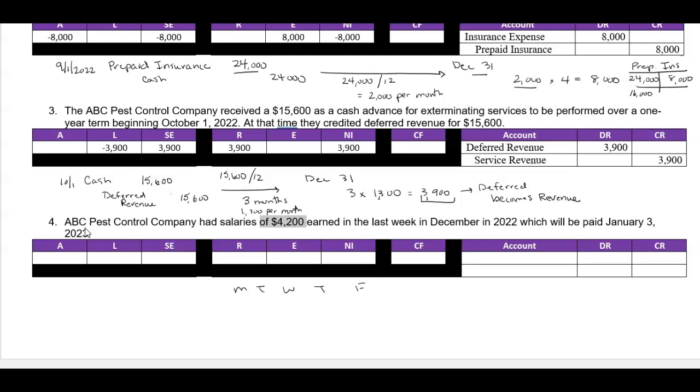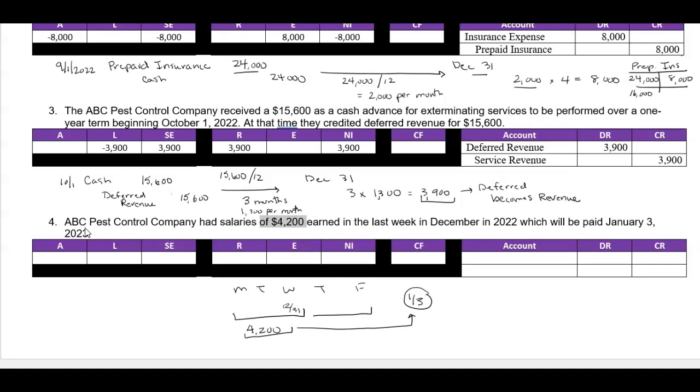Now, here, let's say this is December 31st falls here. So our employees work this entire week. But for the first part of the week, they earned $4,200. But that $4,200 isn't going to be paid until January 3rd. So do I just wait until January 3rd to record it, or do I need to report it in this